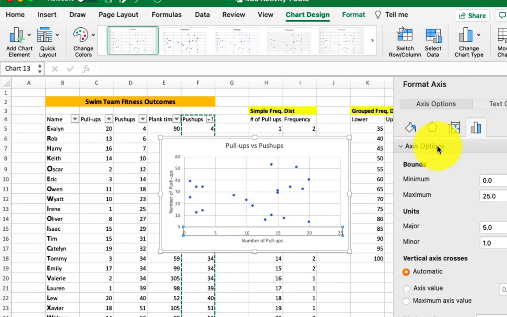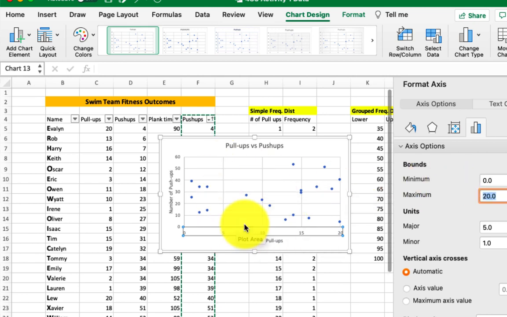So if I want my maximum boundary to be 20 instead of 25, right, I can shift my data points around my graph area so that I kind of maximize or optimize how I'm viewing the data. White space on graphs usually isn't the best. So if we can minimize the white space,